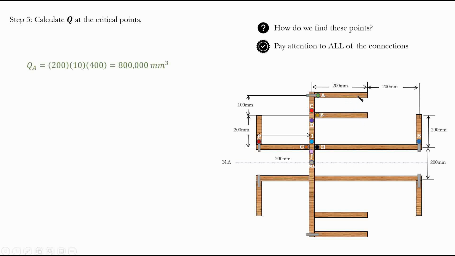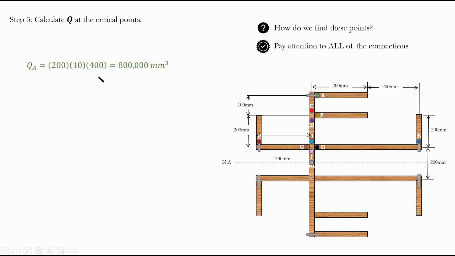So what would be the moment? The moment would be the area of this piece, which is 200 multiplied by 10, right? Which is the thickness, which is basically, in our case, you can consider this as our force, multiplied by the distance from the neutral axis, right? Which is basically the arm of our moment. The distance from the centroid to the neutral axis is 100 plus 200 plus another 100, or 400. And that's it. That's our QA, right? The area multiplied by the distance from the neutral axis,